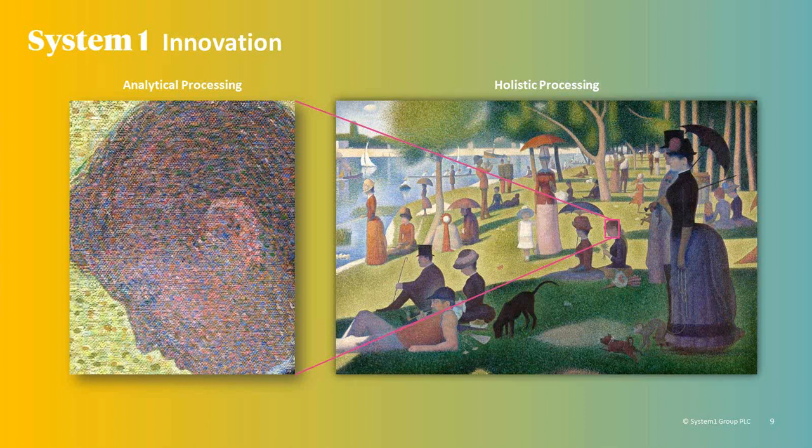However, if you get people to look at the whole painting, as you see on the right, and you ask people to focus on the background so that they're looking at the greater picture, if you like, this encourages what's known as holistic processing. And this holistic processing is more closely aligned with System 1 modes of thinking. So trying to appreciate the whole, the gestalt, if you like, rather than specific elements or small parts of the painting. And this is just one way in which you can get people to think more holistically